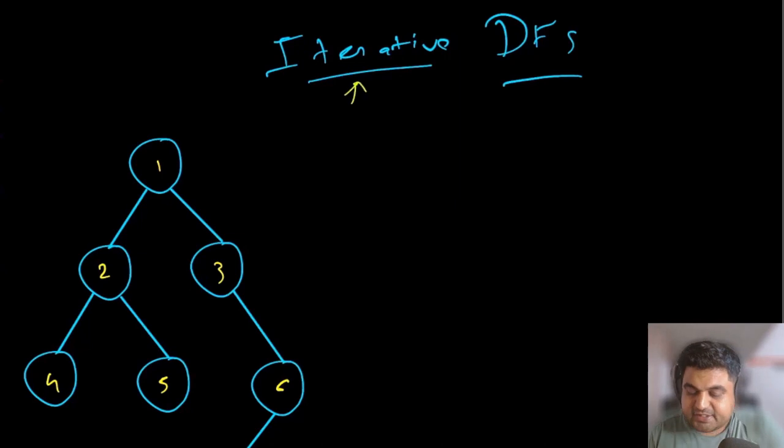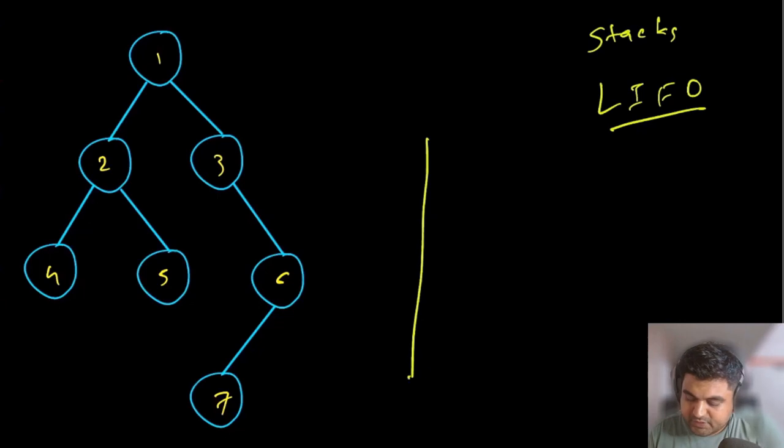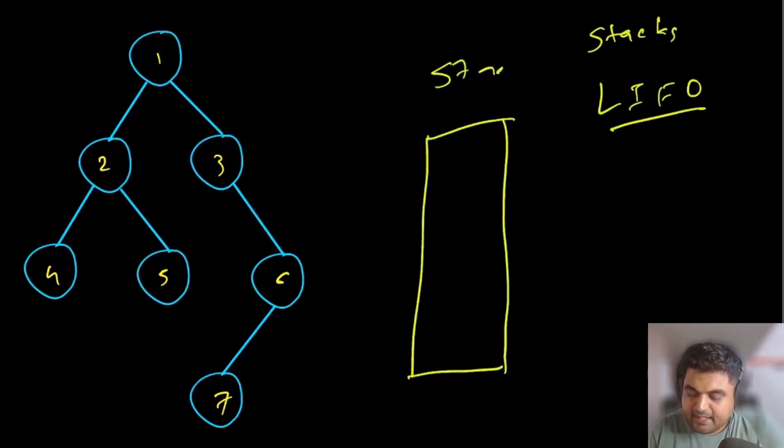The way iteration is going to work is that we are going to use a stack in order to implement our DFS function. We all know the property of a stack: last in, first out. LIFO is the property, and that is what we are going to use the most. We are going to create a stack, and inside the stack we are going to add our root node, and again we are doing the in-order traversal. Okay, so left, root, node.